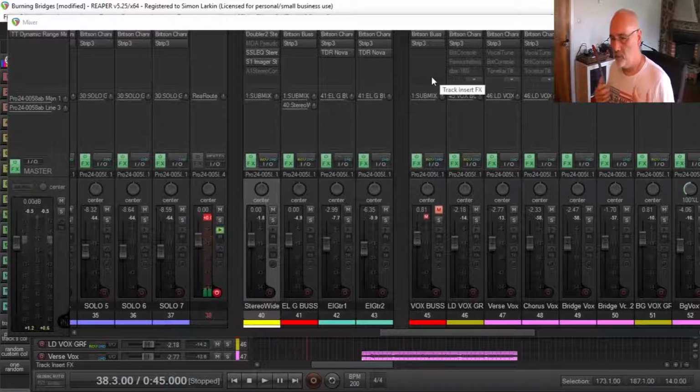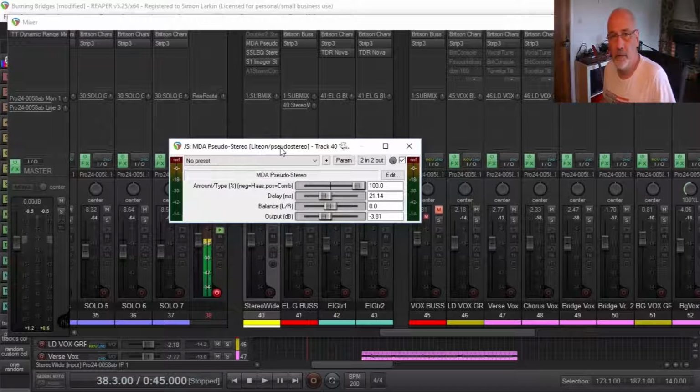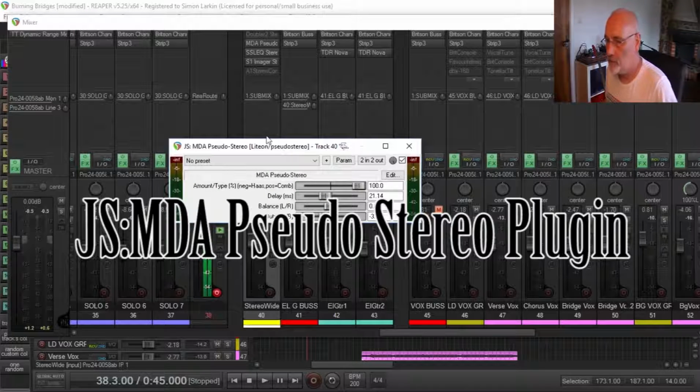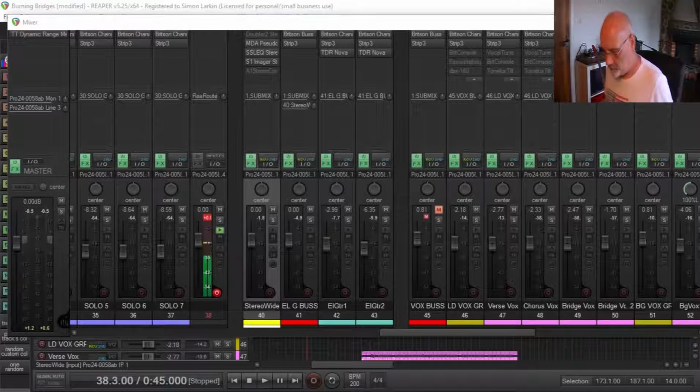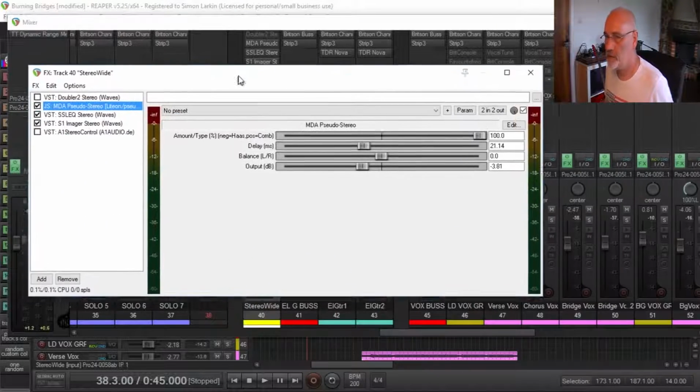The reason I'm doing this is I want to be able to go anywhere with anyone that's got Reaper, and do the same widening trick. It doesn't matter, I don't need specific plugins. It's all there with Reaper. This is the whole point of this. So I did a bit of digging around in the JS folder and found this guy, the MDA pseudo stereo plugin. Okay, so what we'll do is, if I bring up the effects, keep going to my second screen here,